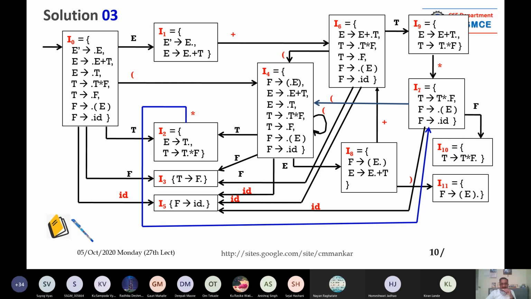So see the I2 box. Here we have collected only T items, so only two items are there. The dot will be after T, means E gives you E → T dot, and T gives you T → T dot star F. So this is simple. If you don't understand this, then it's very hard, because you are an engineer, you must be intelligent enough to understand the concept. So we have generated I2.